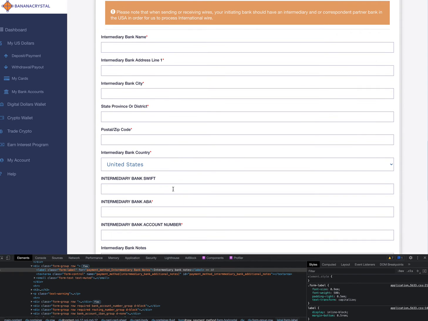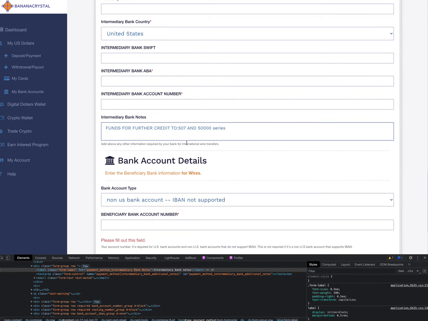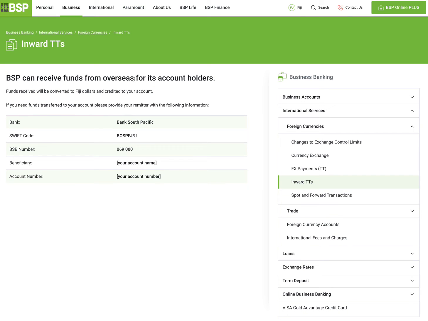So similar to how you enter your main bank information, you're going to enter the details for your intermediary bank here. So for example, in addition to bank account number, ABA, and SWIFT, my bank in Fiji requires this special note to come with every wire so that it can be credited to my account. So I'm going to include that on my bank notes. After I'm done filling out this information, which I obtained from my bank in Fiji, from logging into my account or by directly talking to my bank,